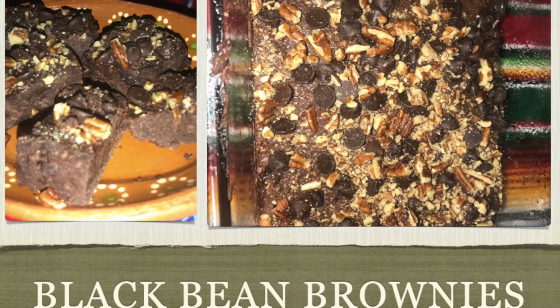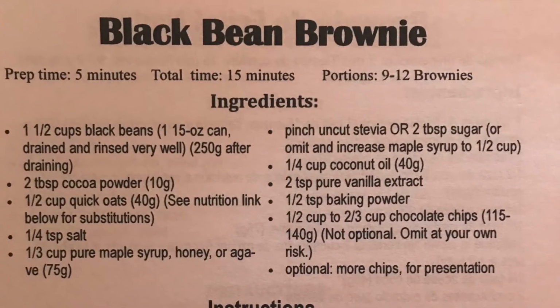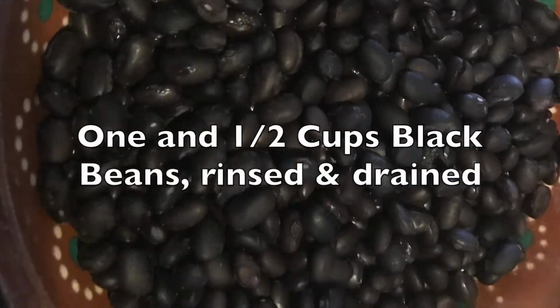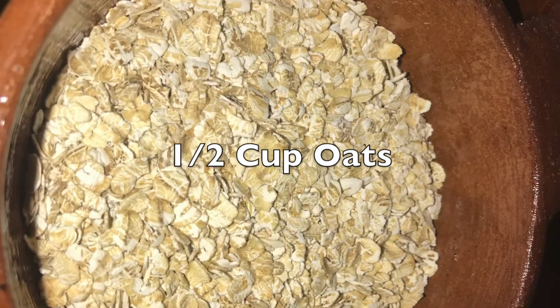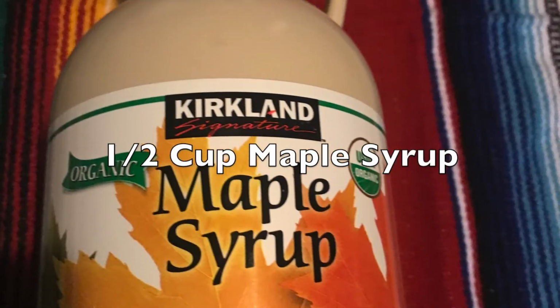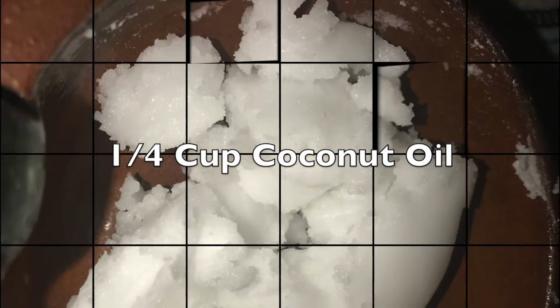But first, we're going to be making some black bean brownies. The ingredients we will be needing are 1.5 cups of black beans, 2 tablespoons of cocoa powder, half a cup of oats, 1/4 teaspoon of salt, 1/2 cup of pure maple syrup. You can also use honey or agave, 1/4 cup coconut oil,